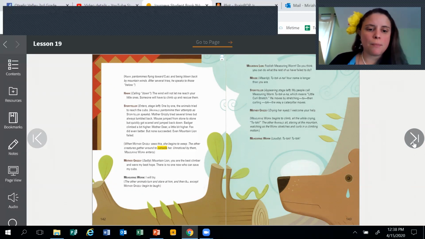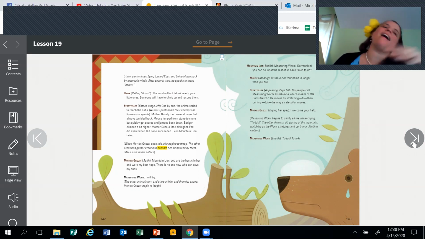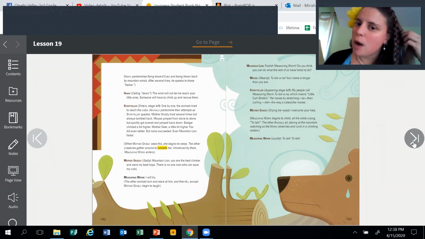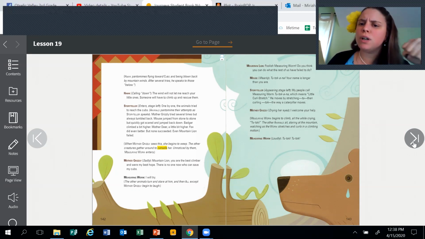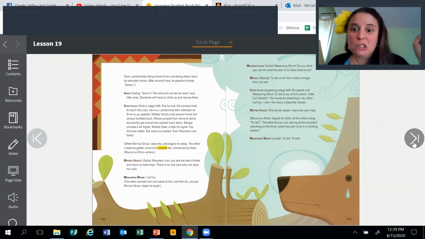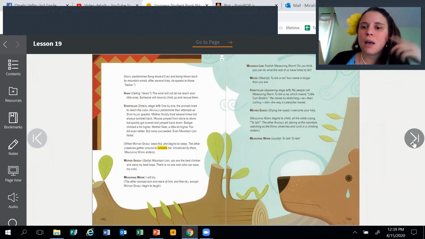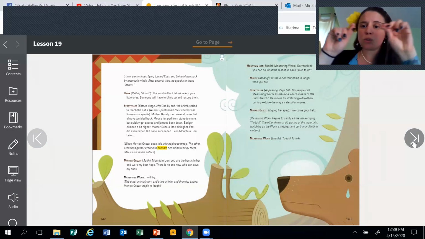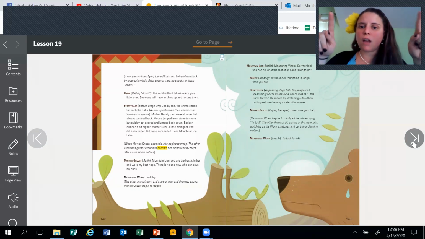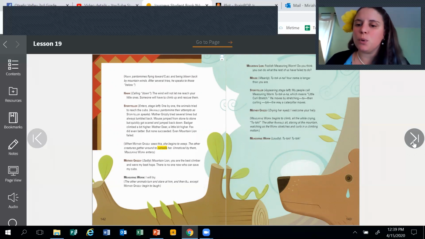And then all except Mother Grizzly begin to laugh. Mountain Lion: Foolish Measuring Worm, do you think you can do what the rest of us have failed to do? Mouse, meanly: Tutakana, your name is longer than you are. Storyteller, appearing stage left: My people call Measuring Worm Tutakana, which means little curl stretch. He moves by stretching, then curling, the way a caterpillar moves. Mother Grizzly, drying her eyes: